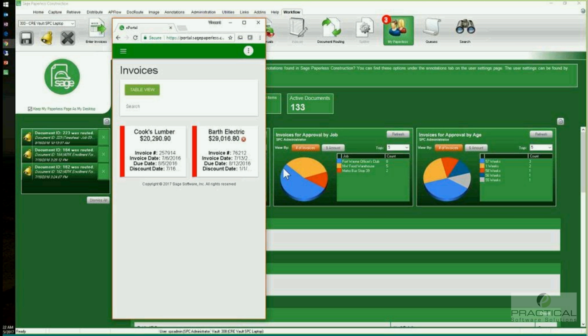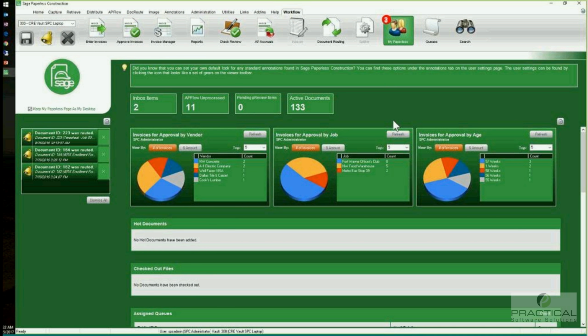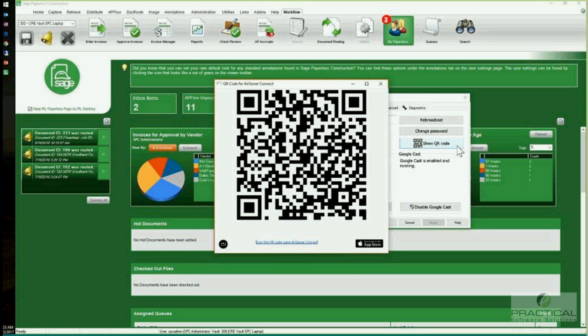So the ePortal is one of the 3 cloud components that we have today available to you. I'll bring up the other 2 in just a minute. In fact, I'm going to go ahead and sync my phone and my tablet right now. And give me a quick brief minute to pull up my Air server. I already had it running. Okay, there we go. Let's go ahead and bring up my QR code and connect. So as a starting point, let me connect my phone to this. And I'm going to show you